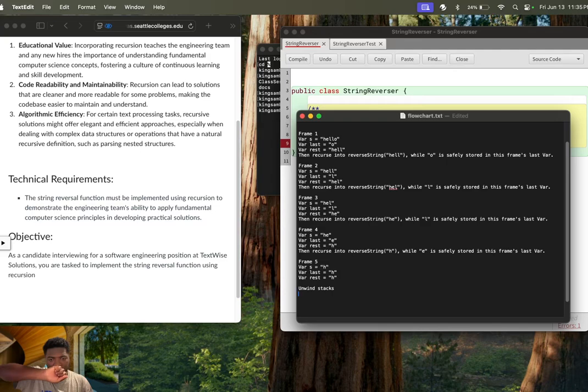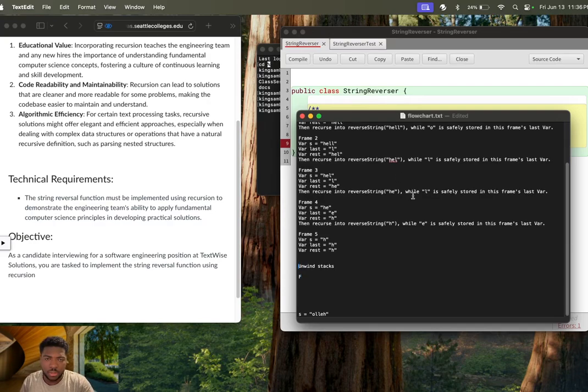We end at frame 5. So now unwinding beginning at frame 5. Let me go back like this. So we start from frame 5, and frame 5, all we're gonna do is